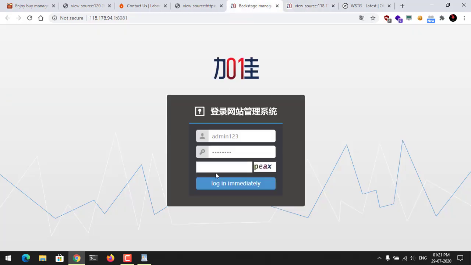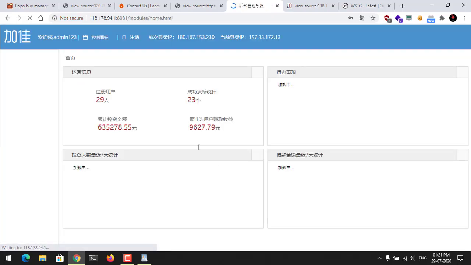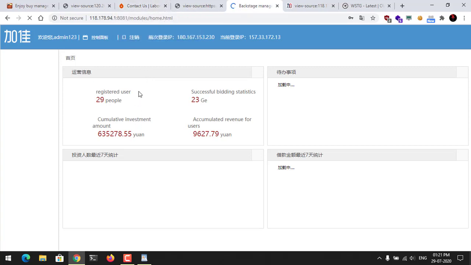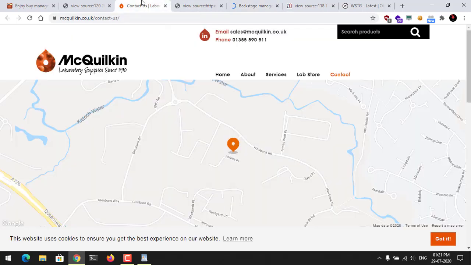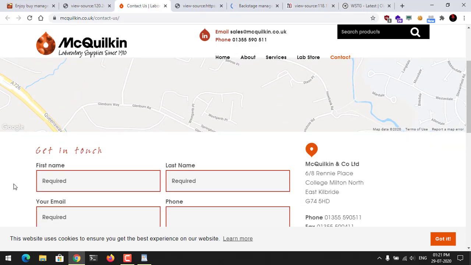So we'll again try to log in. I'll do a refresh. Once we refresh the page, okay, we got a new CAPTCHA. I will enter it, and whoa, again I am able to log into this panel. Okay, so you guys also do this, and see there is something related to investment amount. A lot of things are there. I don't know which website it is, but you guys can go ahead and check it. So this is the third website. For this, this is the easiest path you can go.